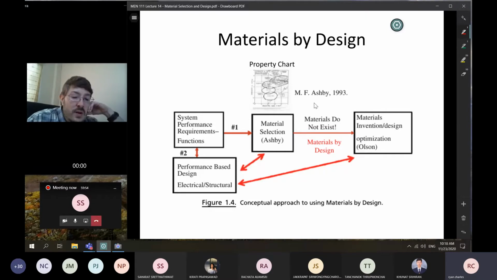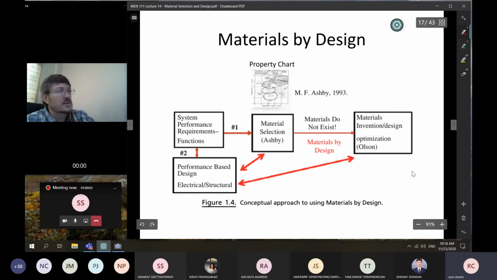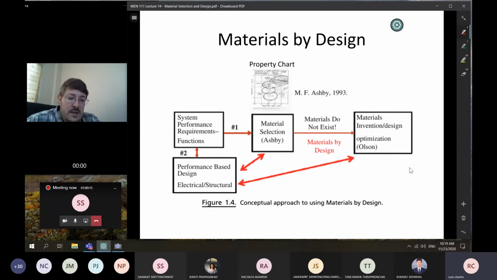But if we really, really want that performance, we might do materials by design, where we're going to design or invent an entirely new material, right? Or perhaps try to optimize stuff that exists already. So there are different approaches. We find the best material that exists. Doesn't exist, we'll invent one. Well, maybe we can just optimize one that we have. Maybe it's close and we can make it a little better, right? So there's different ways you can go about these things,